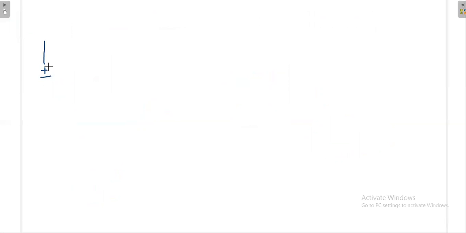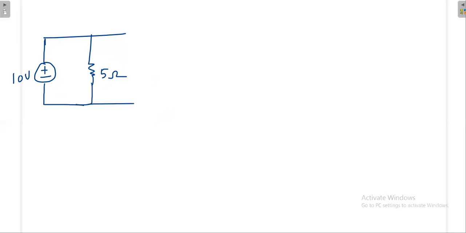If it is a 10 volt source, I am not worried about what the series resistance inside is. Let it be anything. Now I connect my external resistance parallel to the battery. I am having two resistances like this, say this is 6 ohm, this is 4 ohm. Can somebody tell me what is the voltage drop across these devices? Go by any method: KVL, KCL, nodal, branch current method or mesh equation.